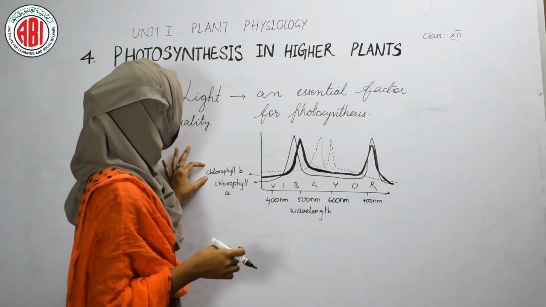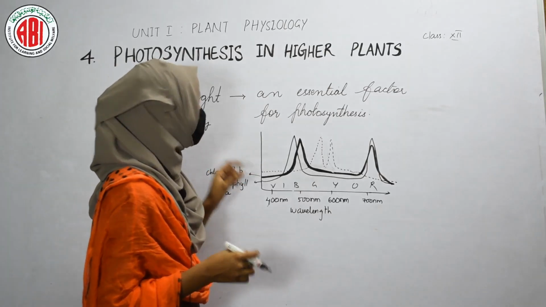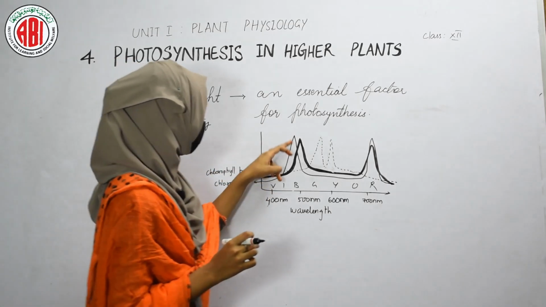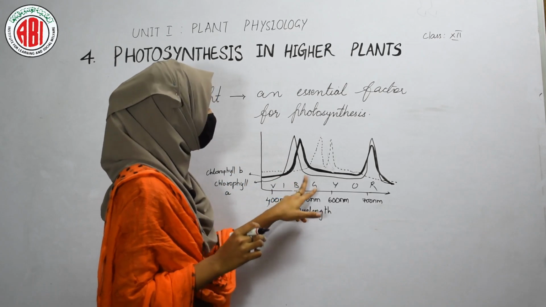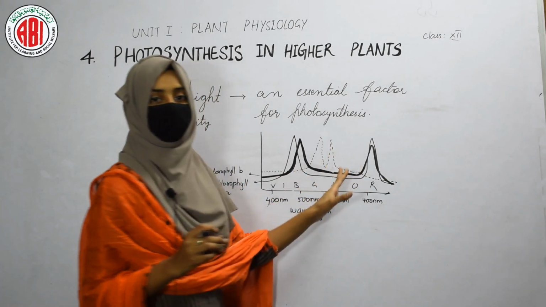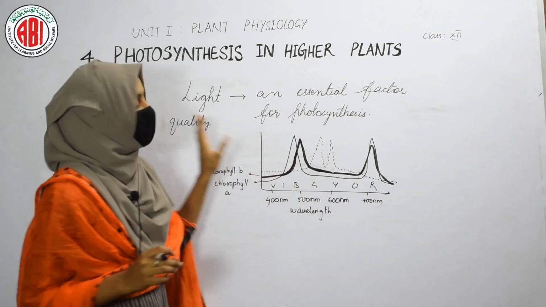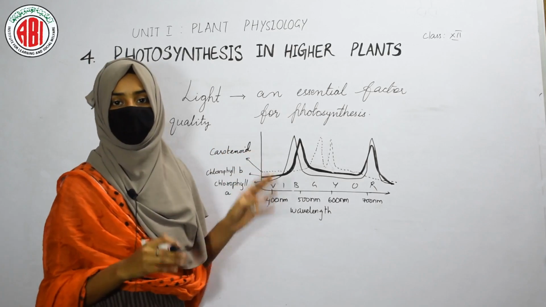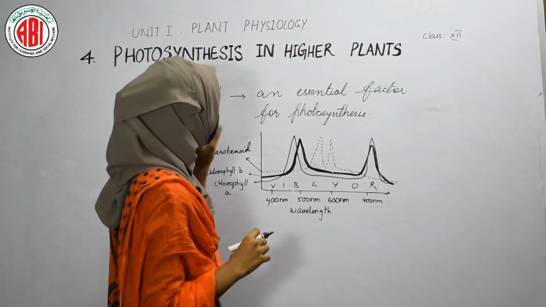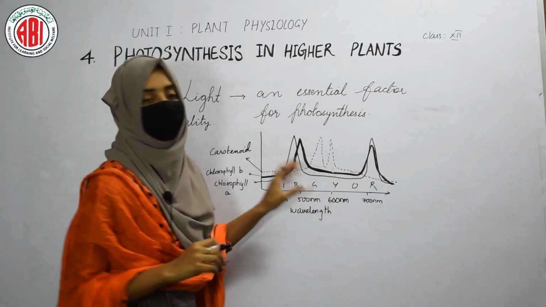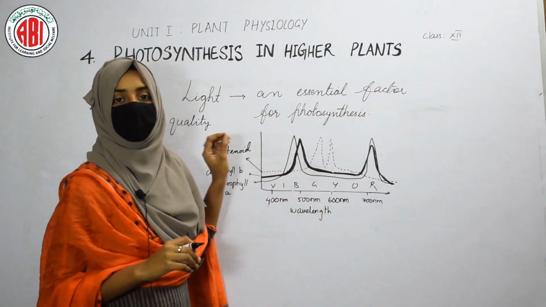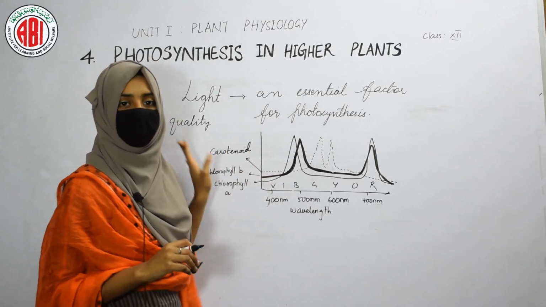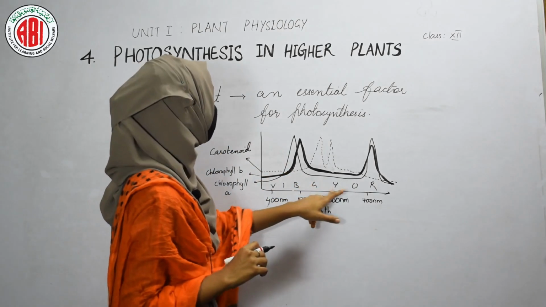The next one is chlorophyll B. It is a pigment which shows a slight difference from chlorophyll A. Chlorophyll B shows a peak that is obtained between the blue and the green region, and a peak in the red region. And the other pigment, like carotenoid, is a pigment which absorbs the wavelength of green and yellow color. So, the peak obtained depending upon the absorption of the wavelength by the carotenoid lies between the green and yellow color.